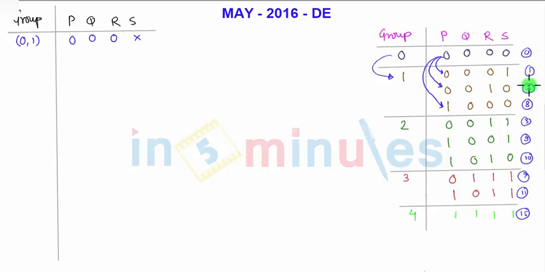Next term, 0 compared with 2. So 0 compared with 2, I have 0 0, don't care, 0. Next one, 0 compared with 8. So it is 0 comma 8, and the group is don't care, 0 0 0. Such a way that we are finished with the first group. So this group is complete here.